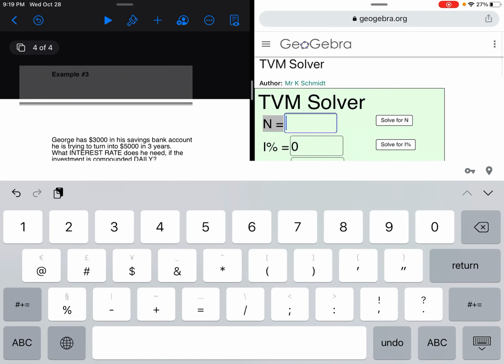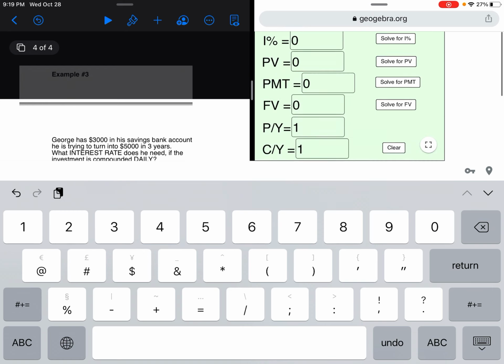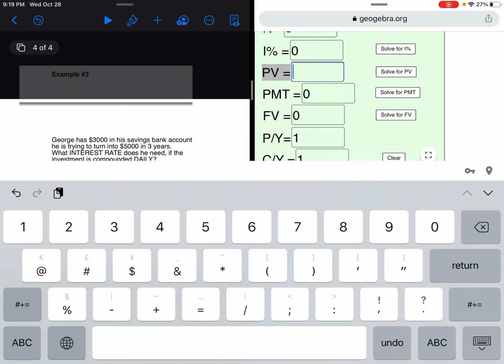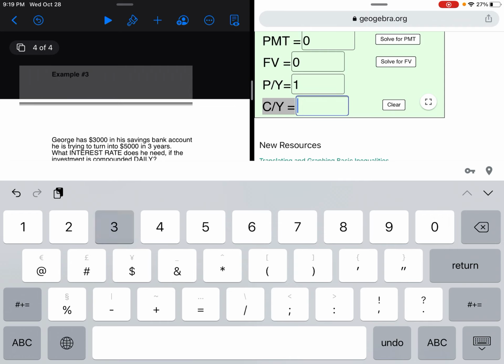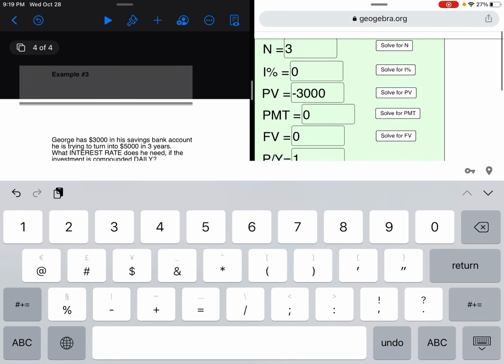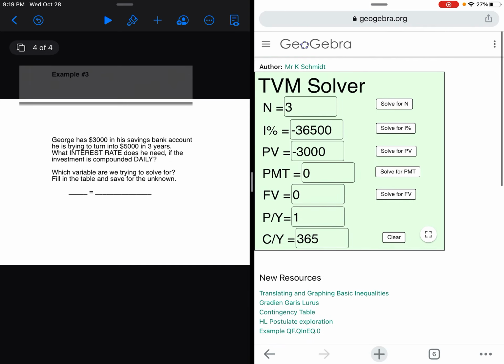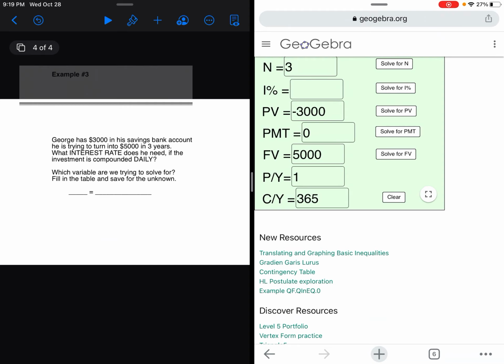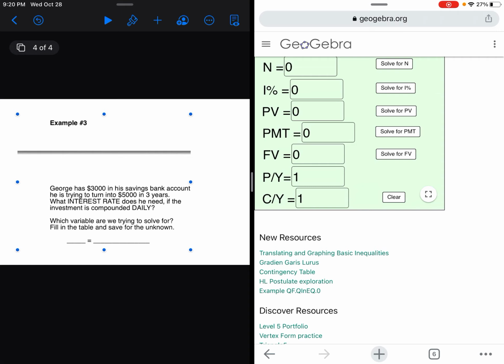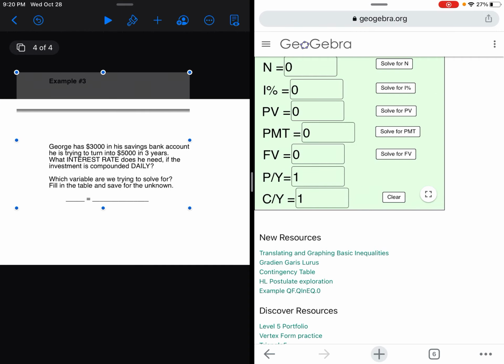So clear. 3 years, minus 3,000, a future value of 5,000, and a compounding period of 365. And there we go. Whoa. Mr. Shaw, struggling here. All right, so we'll finish that one in